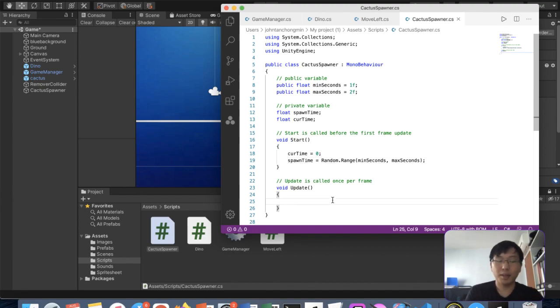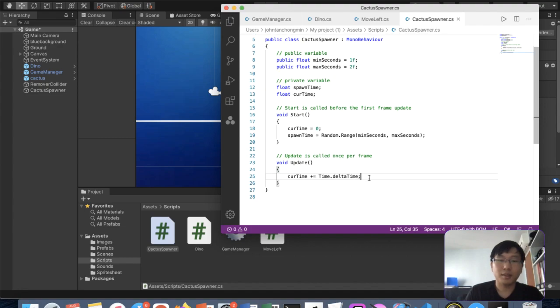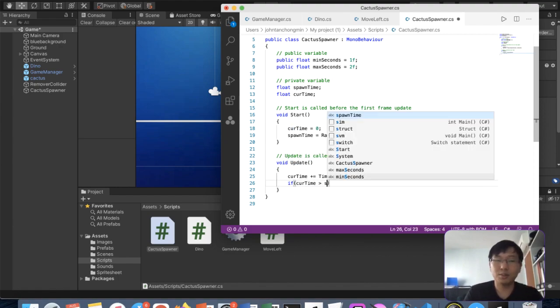Every time we update, current time plus equals Time.deltaTime. What Time.deltaTime does is really just increment it by a certain delta. Then if current time is greater than spawn time,